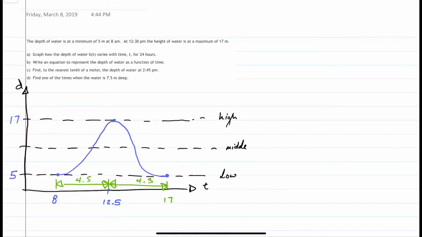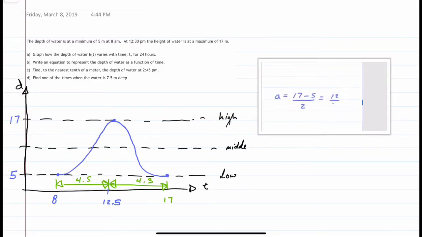And now because we got the high and the low, which are the max and the min, we can find the amplitude and the vertical displacement. So amplitude's always max minus min divided by 2. 17 minus 5 divided by 2 is 12 over 2, which is 6. To find the vertical displacement, you can always use the formula max plus min divided by 2, but in this case, because I found the amplitude first, and I know then from the middle to the top is 6, and the middle to the low is also 6, I can just go, okay, 5 plus 6 is 11 to get the vertical displacement. If you do max plus min, 17 plus 5 is 22, divided by 2 is 11, always